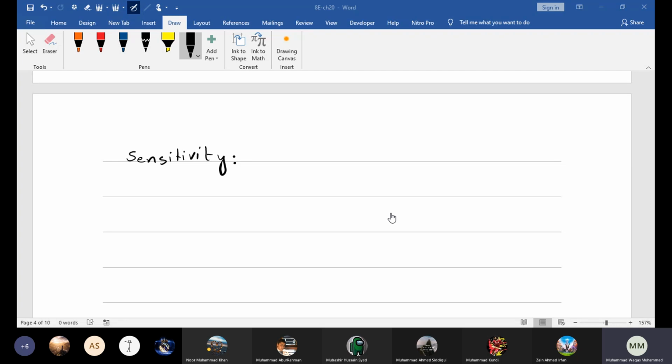What is the property in a liquid in glass thermometer? Beta, we use a liquid, and what is the property of the liquid that changes with temperature? Sensitivity, sir. No, beta, we are studying sensitivity. Sensitivity is how much the property changes with the change in temperature, right? I'm asking, in a liquid in glass thermometer, we use a liquid, and what is the property of the liquid that changes as the temperature changes? Sir, expansion. Expansion.